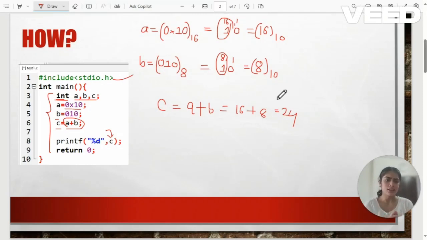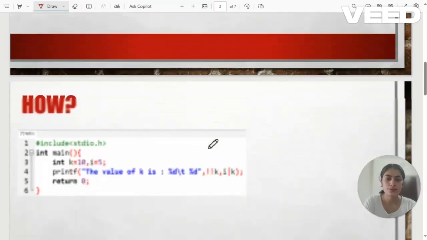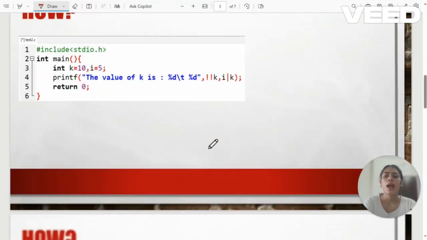Take some difficult programs. When you learn the basic concept, now go for the next step, because only addition, multiplication, division, this type of program will not come in the exam and in real life or in an office, wherever you want to do a job, right? So go for the next process. Let's do another program.